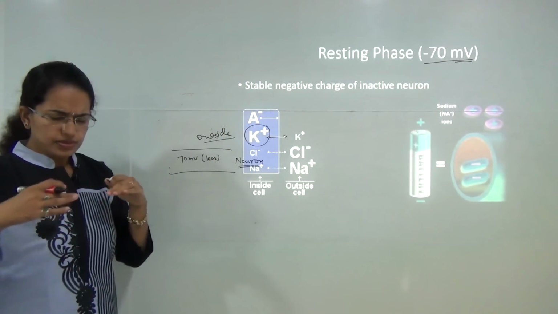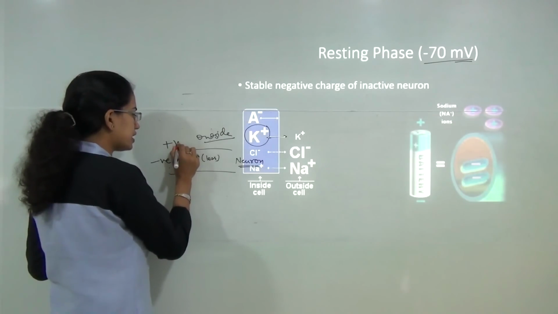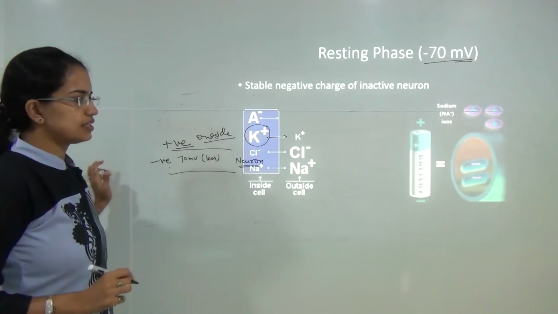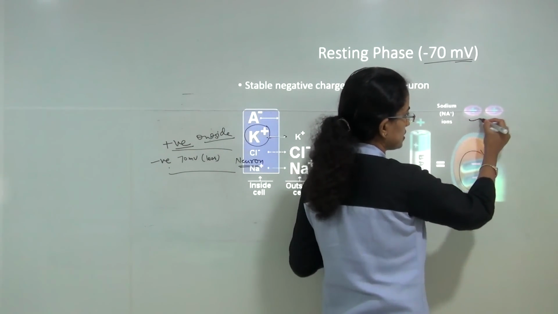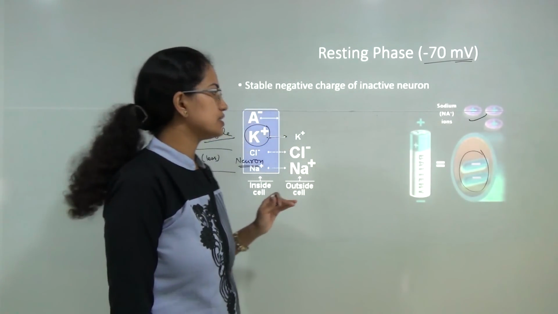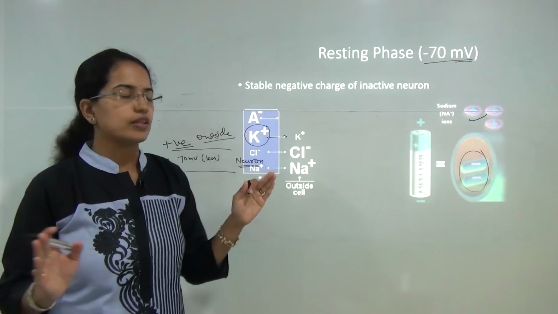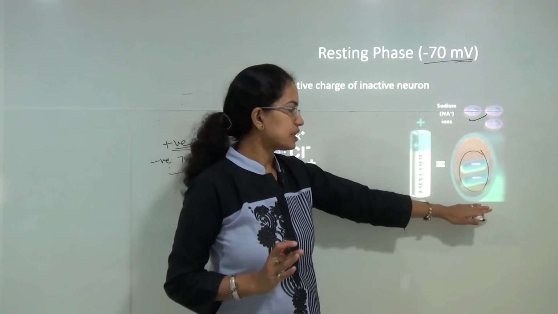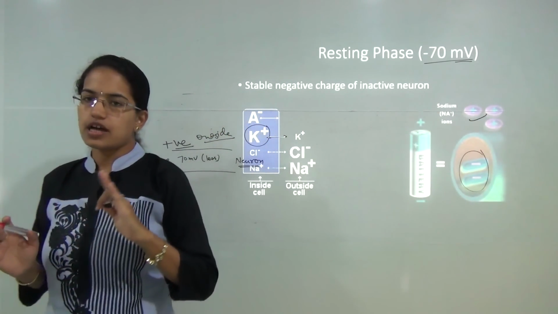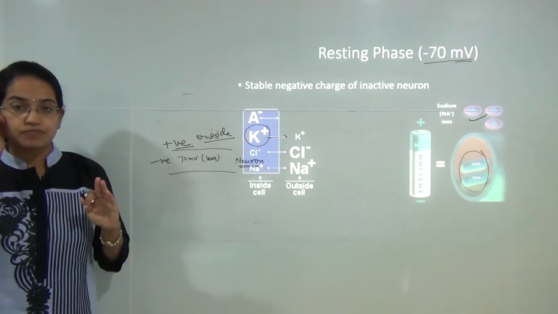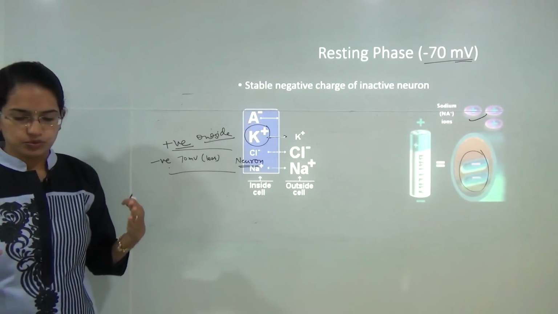That means inside the neuron you will have the negative charge, and outside the neuron you would have the positive charge. Similar to the battery, as you can see, you have inside with negative charges and outside with positive charges. Similar is the resting phase of a neuron, where you have inside with negative charge and outside with positive charge first of all. Now at rest, what happens is more sodium moves outside and more potassium moves inside.